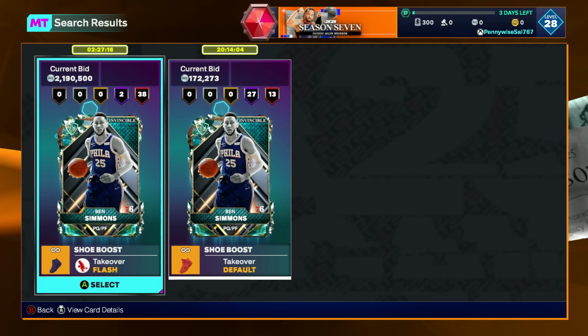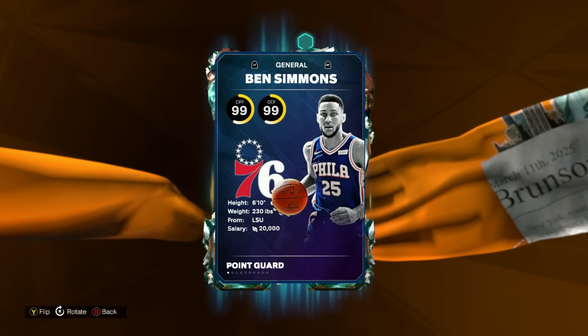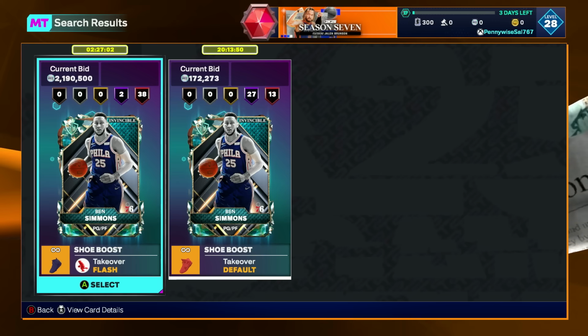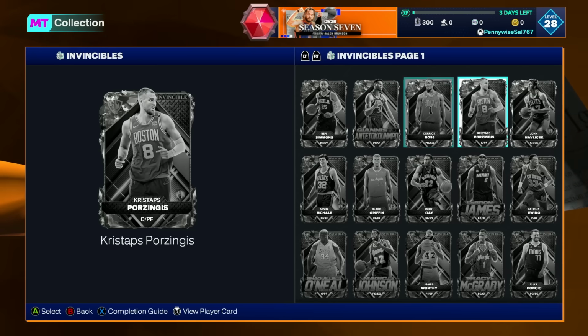Compared to Michael Jordan, I'd rather have a 40 legend badge Invincible Ben Simmons than a GOAT Michael Jordan, because this is a 6'10" point guard with a 7-foot wingspan. Are we going to see many other point guards besides maybe Jokic that are 6'10" and above at the GOAT tier? Probably not. So that's why I think a card like Invincible Ben Simmons is a really good pickup, and